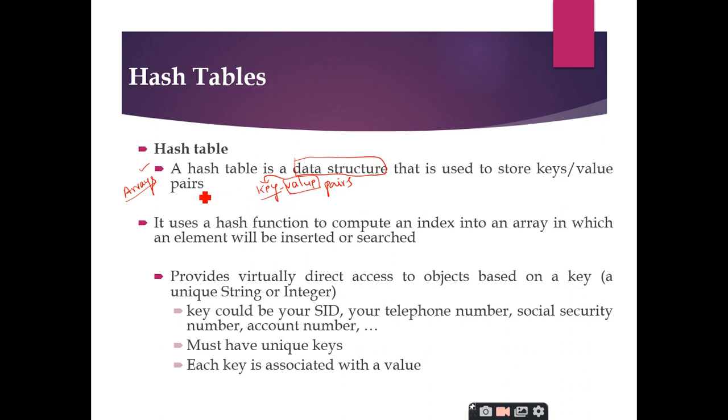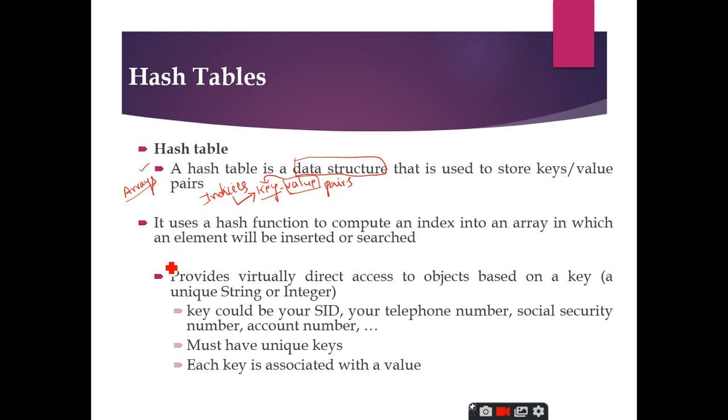Because if you use the arrays concept, by default the compiler will be allocating the index number by which you can access the values in the arrays. So you can make use of the indices. You can make use of the indices concept in the array as the keys. Is it clear?